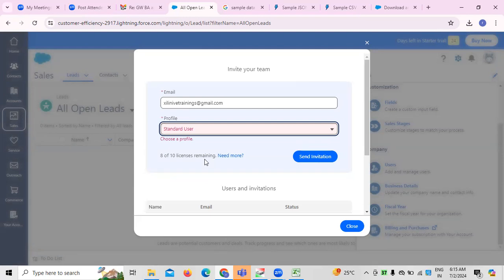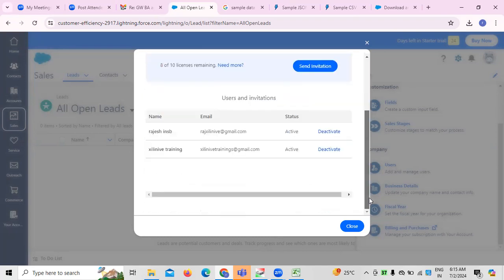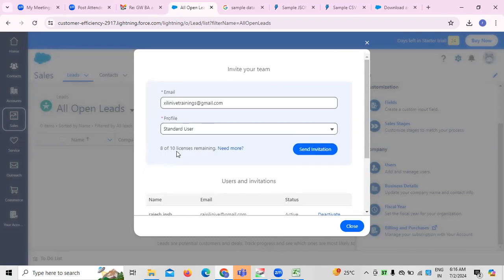But when it comes to our scenario, our trial versions, normally user licenses will be given a maximum of 10, right? So this is used for generalized purposes, so there will be a limitation. That point is to be noted. It is not always 10 licenses; it is more than that. Because of the trial version, it is limited to 10. In the real world, when organizations are using it, it can be anything. So you can send invitation,